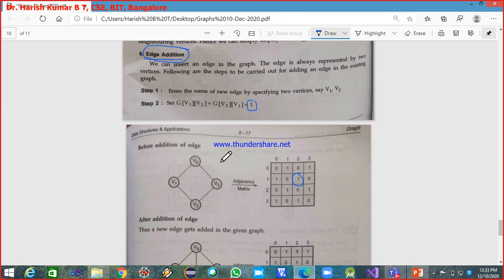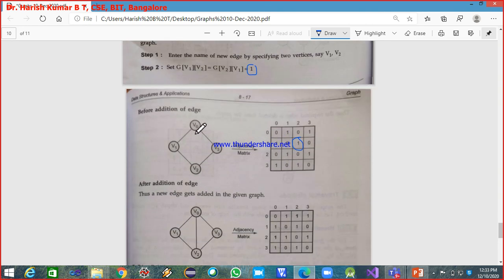Oh sorry, not v1 here. Now what we are considering is v0 to v2. v1 to v2 is already existing, the path is already there. For v0 to v2, this entry is 0. Now after adding this edge, this must be updated to 1.